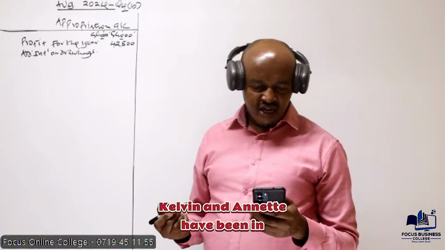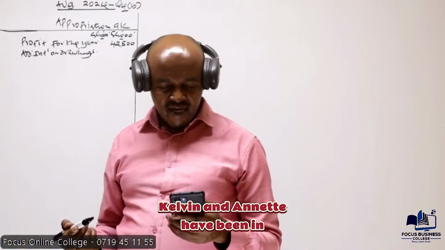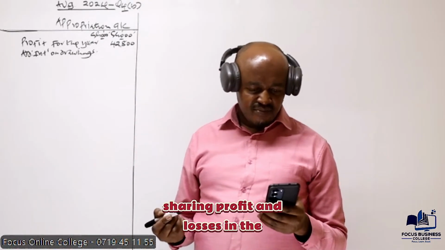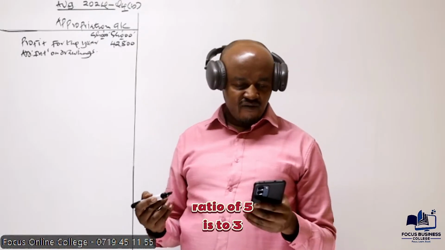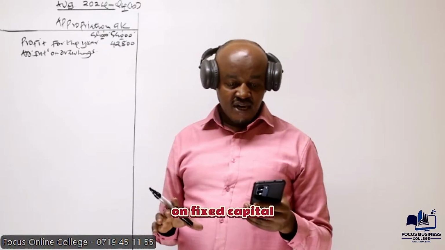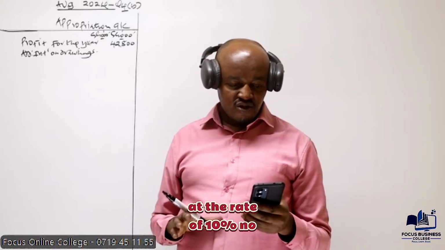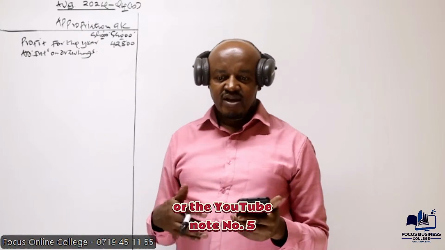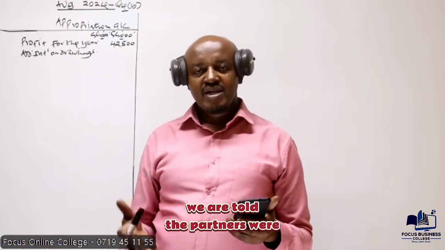We are told John, Kelvin, Renette have been in partnership business for several years, sharing profit and losses in the ratio of 5:3:2. After allowing interest on fixed capital at the rate of 10%, no salaries or commissions were paid to the partners. And then if you go to the additional information number 1 all the way to note number 5, there is nowhere we are told the partners were charged